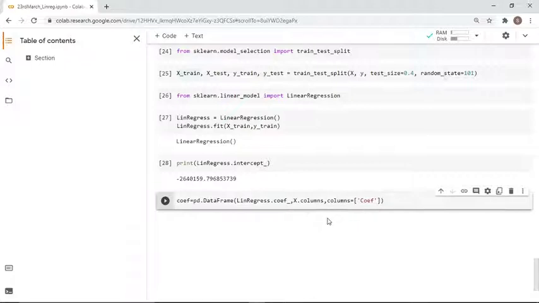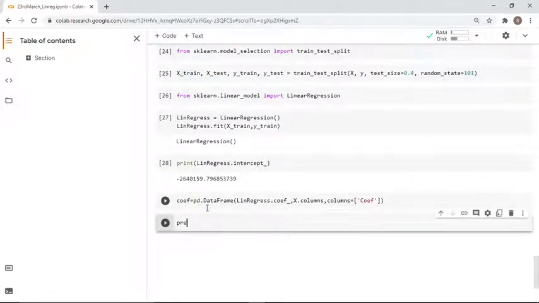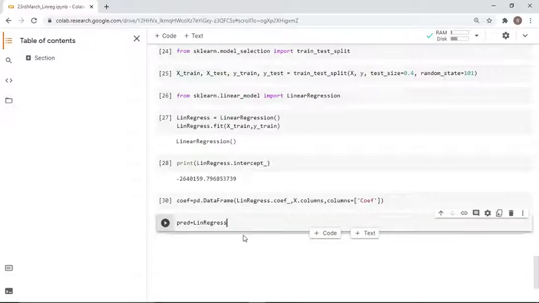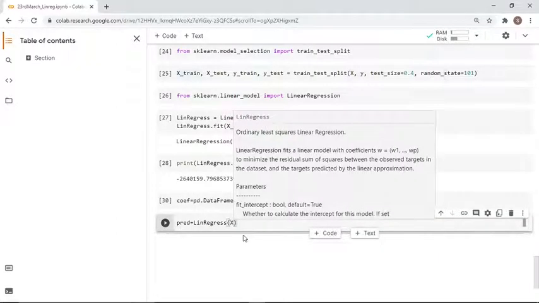Now we are going to predict from our model how the model is working on the test data. For that we will have another variable, let's call it predict, equal to linear regress, and here we have X dot.